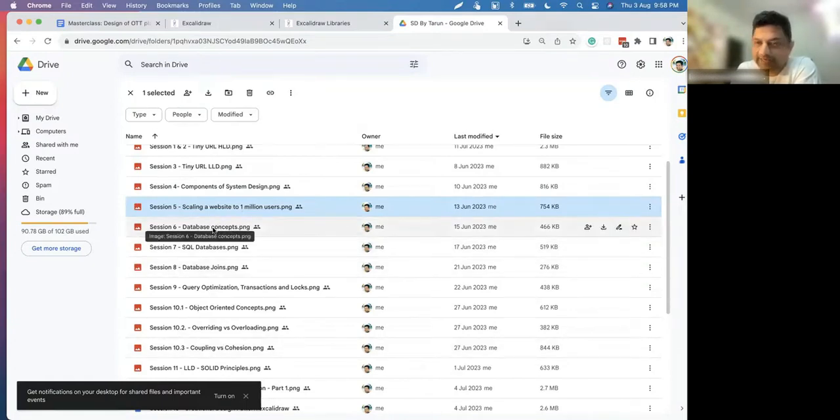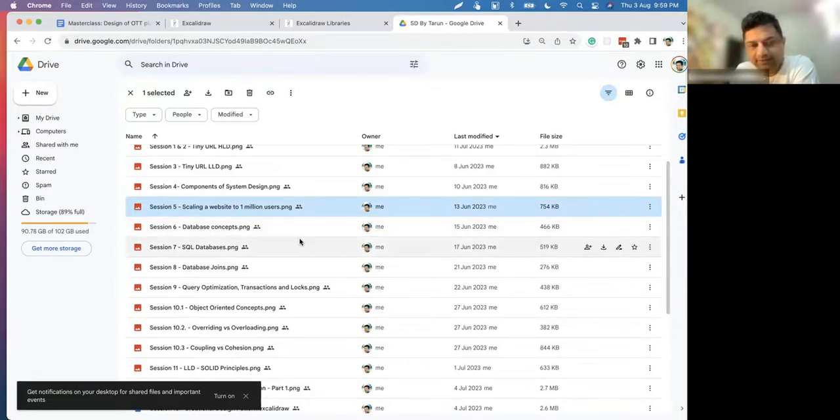Then we looked into database concepts. What are relational databases? What is a table, primary keys, foreign keys? What are indexes?